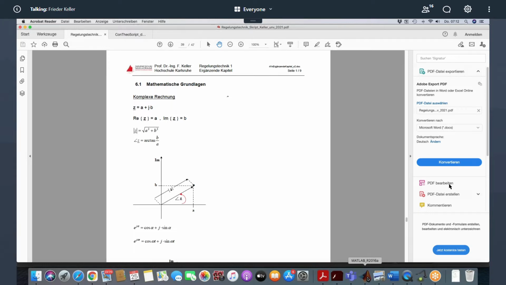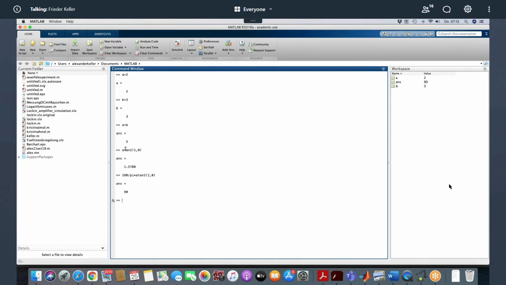So here I want to show you a MATLAB function, and you probably have heard of it, atan2. That is the arctan with two arguments. The first number is the imaginary part, and the second number is the real part. And then this converts it correctly,